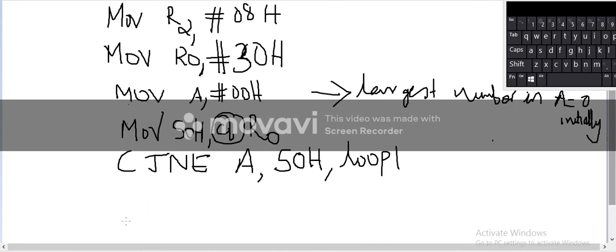Point is clear now. Why I am doing this step? Unnecessarily bringing 50. Understood now? Yes, sir. Once again, for your understanding, I have to compare A, that means largest number, with first number at R0, but CJNE A comma at R0 is not allowed to be written. Instead, I can write an address instead of at R0. A is not a problem, so don't have to do anything. So instead of at R0, you put it to 50, and instead of writing at R0, you call it as 50H, loop 1. Remember, this is done not for